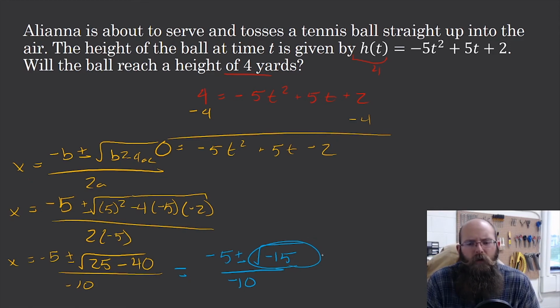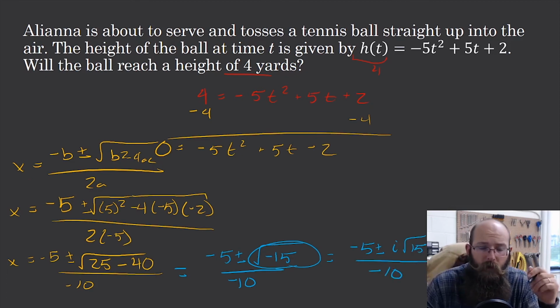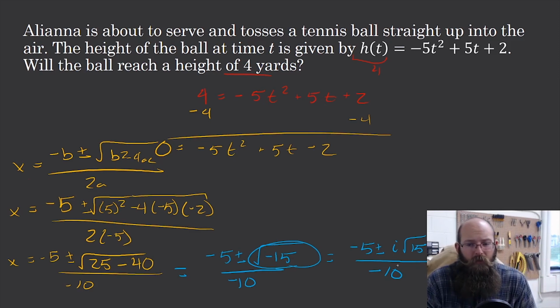You know what? I'll go just a smidge further, just for good looks: negative 5 plus or minus i times the square root of 15 over negative 10. That's as far as I'm going to go. Now you see the i, and the i is the imaginary part, and I can simplify this maybe just a smidge, but not much. A lot of people will cancel the 15 and the 10. You can't do that. 15 needs to have the square root taken before you can simplify. But this is as far as you can go,